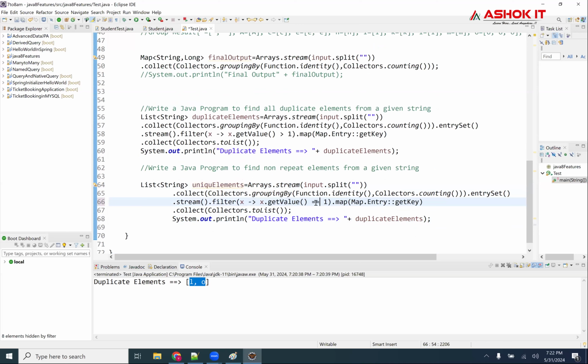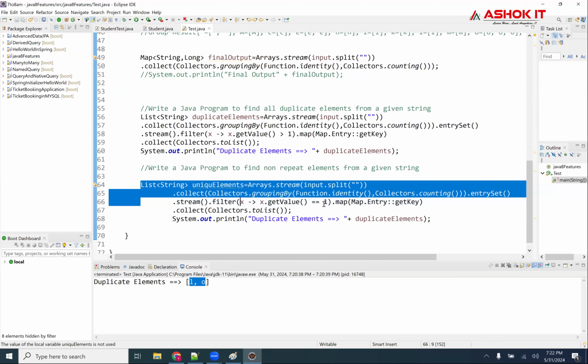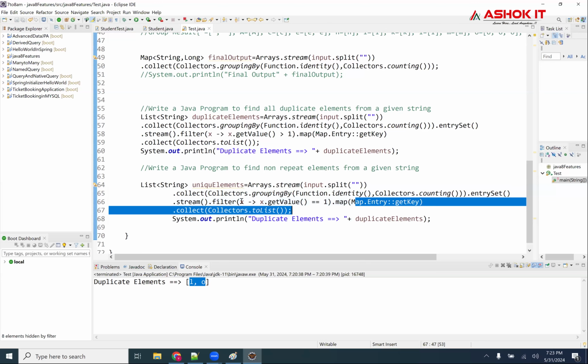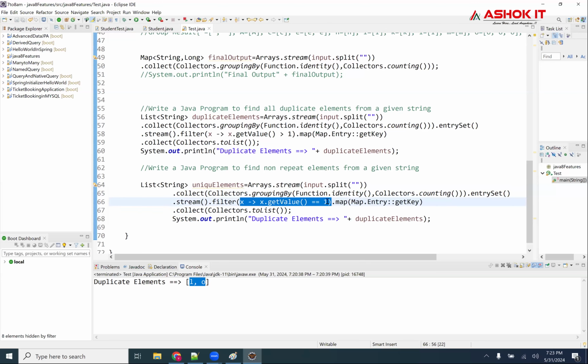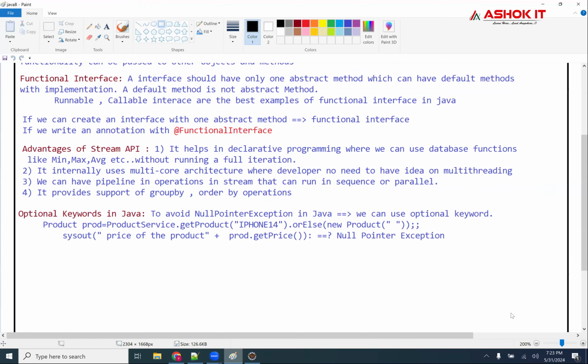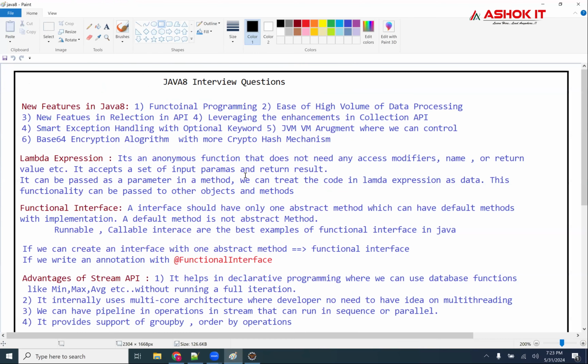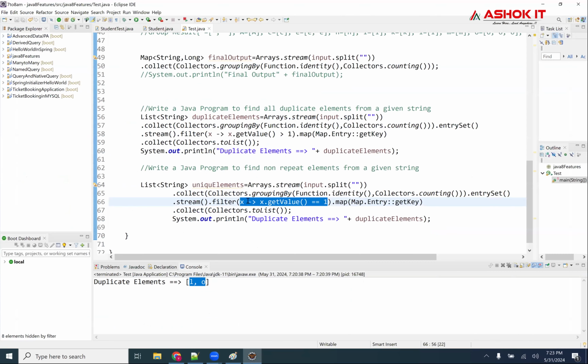If I write double equal to 1, sir, I want all the strings which have only one occurrence. Take that key and convert. Simple logic here. I only change the logic. That is what Java 8 is. I told, right guys? With a simple lambda expression, whatever method I can send, I can make the code unique. That's what I told, right? So only this logic will change here. Apart from that, nothing else will change.